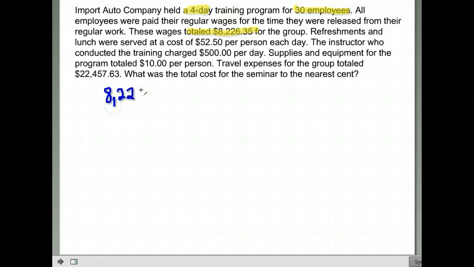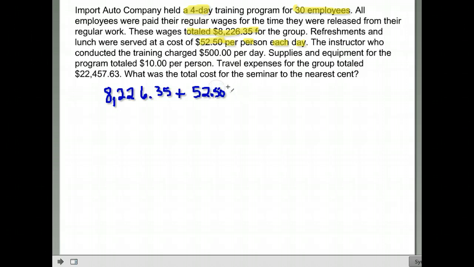Okay, they already totaled the wages for all 30 employees for all 4 days. We're going to add that to whatever comes up next in this. Refreshments and lunch were served at a cost of $52.50 per person each day. Oh man. Okay, so we had